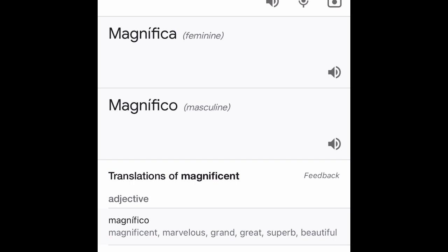Magnifica. So you see, the G replaces that C right there.